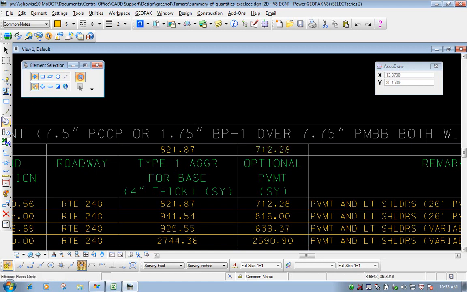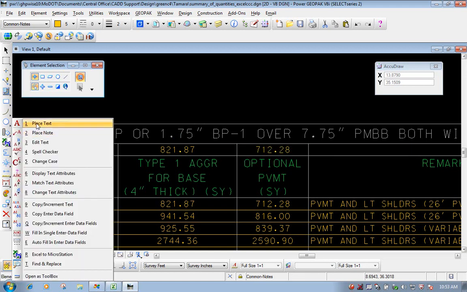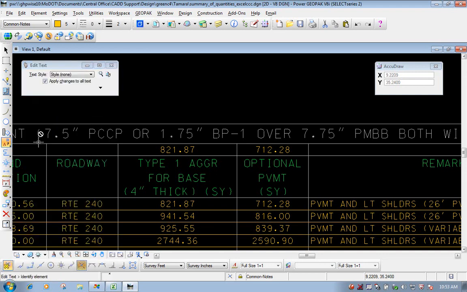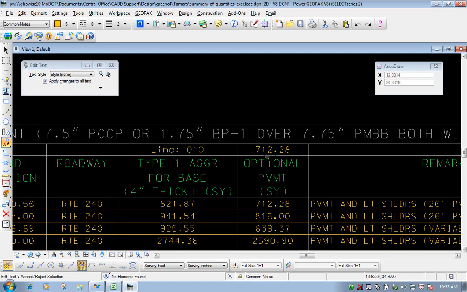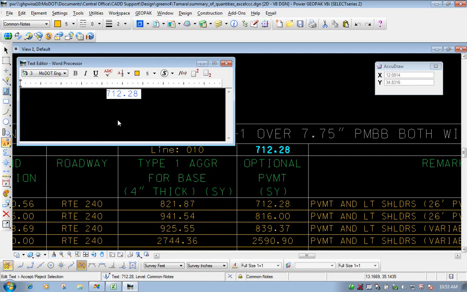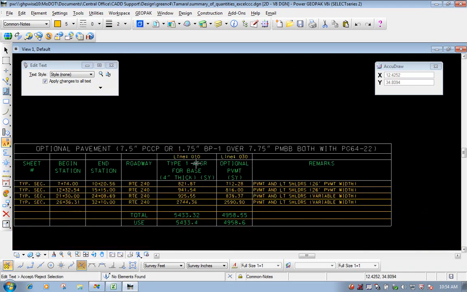Now all we have to do is go in here and edit this piece of text. I'll use my standard text tools, and I'll use edit text. It brings up the edit text tool. Now I just select the text that I want to edit, go up in this box here, and edit the text accordingly. Once it's done, I'll left click out on the screen somewhere. That line's been edited. Now I can do the same thing for this one. And now if I zoom out,